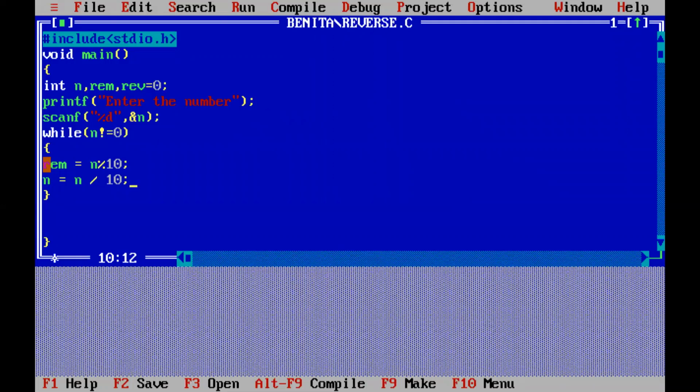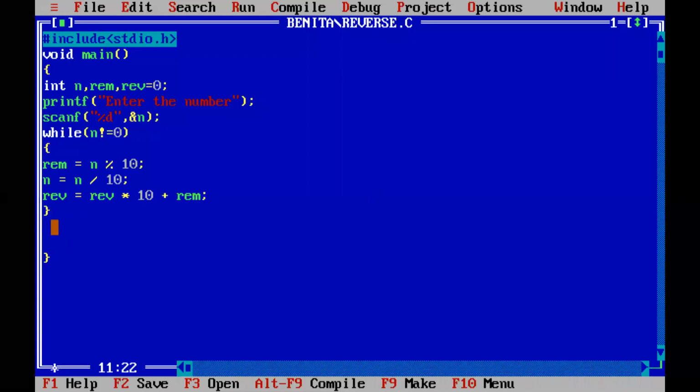Better to put space when you are writing equations. Then we are going to use the variable called reverse. Each time we are going to update the value of reverse: reverse equal to reverse multiplied by 10 plus we are adding the remainder. That's all. Only these 3 steps, a very easy program.